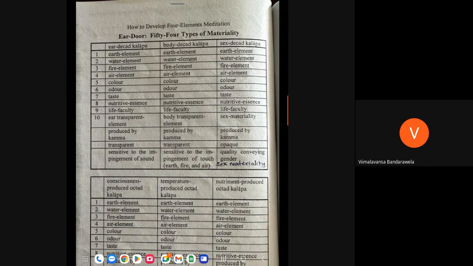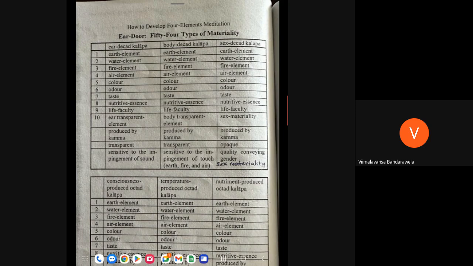And through this light, or with the help of this light, you can focus your ear door. While focusing on the ear door, you need to go very deep, because the ear door is not a superficial thing. It is deep, before it comes to the brain. You need to focus deep inside the ear, so then you can understand this.